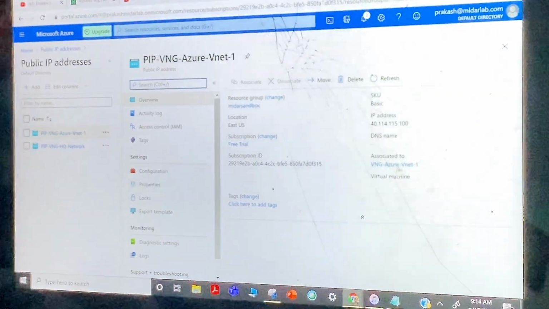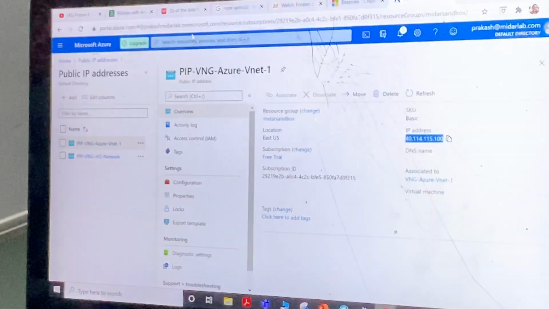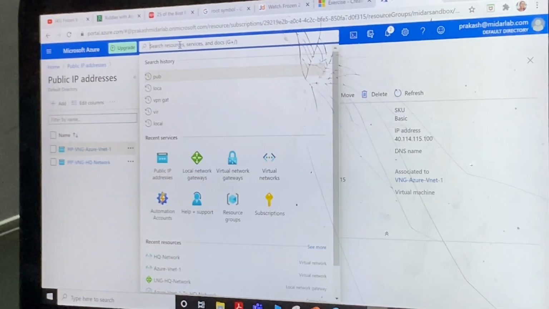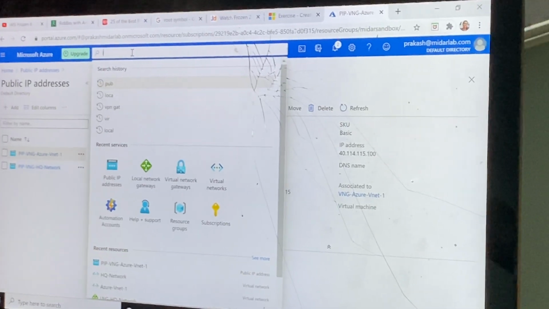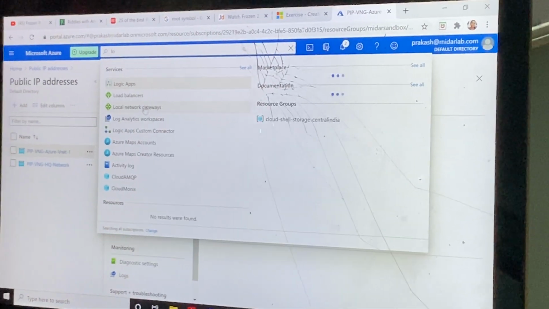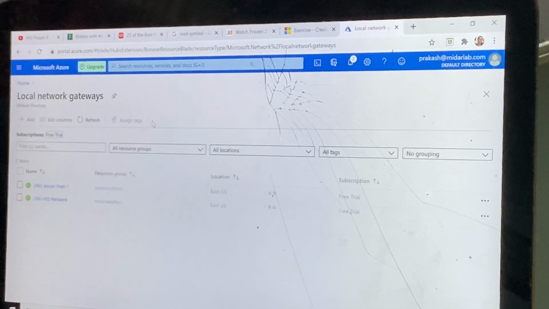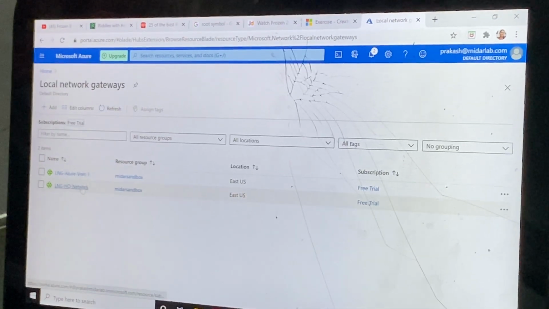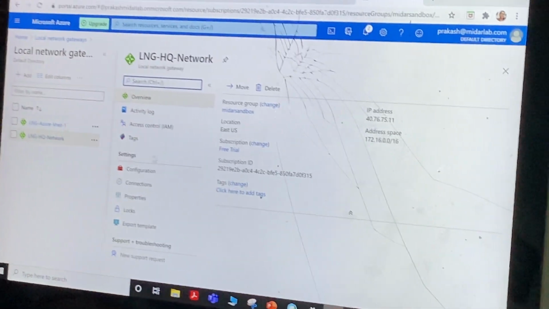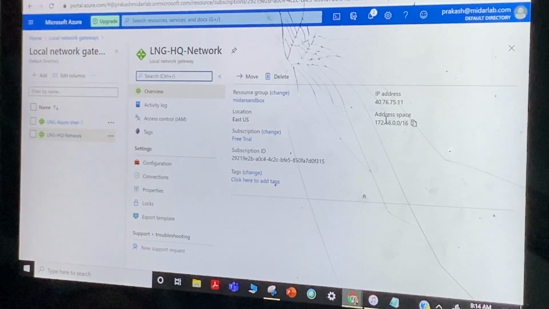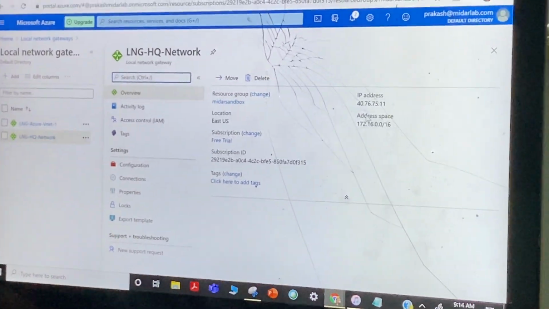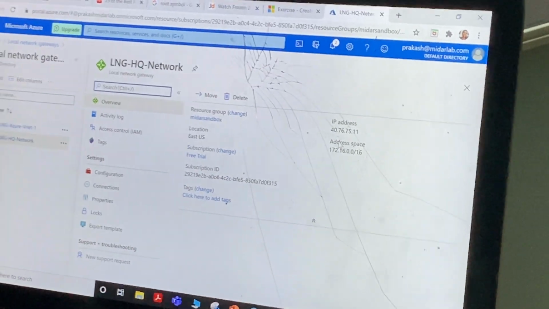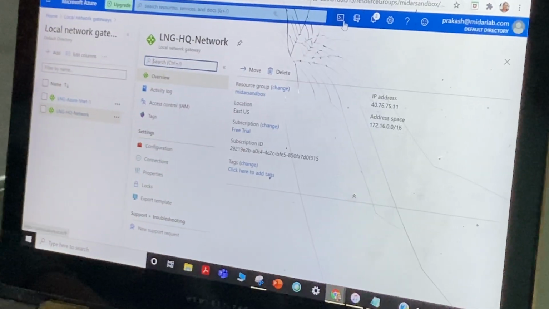It is 40 something, right? And in the local network gateway for the on-premises, the IP address is 4070 something like that. So basically they communicate through public IP with a shared key, and open a command bash shell.